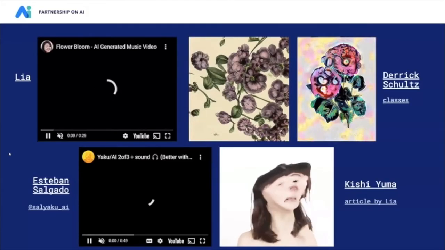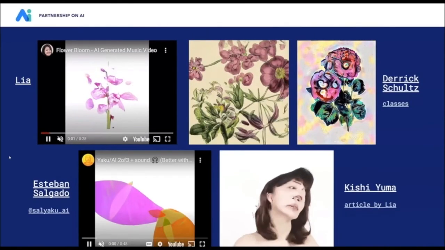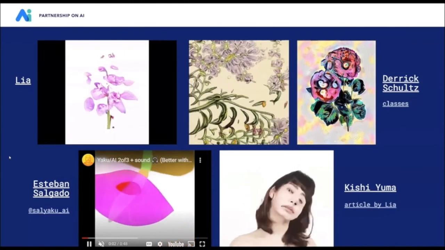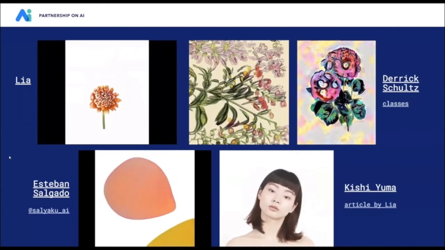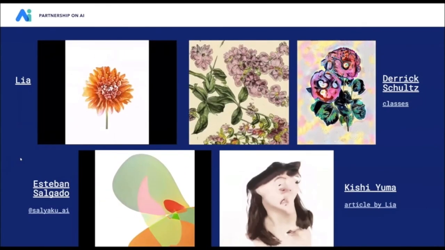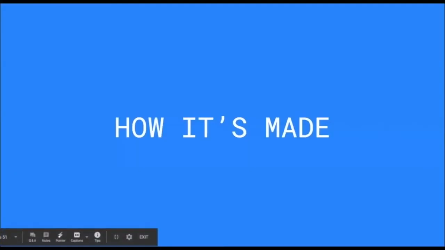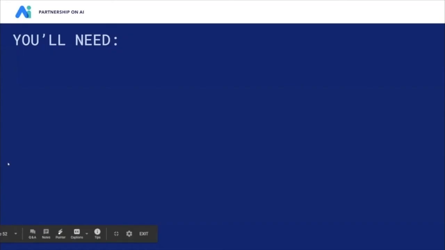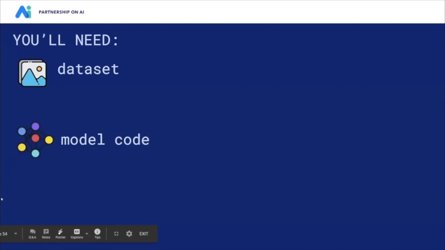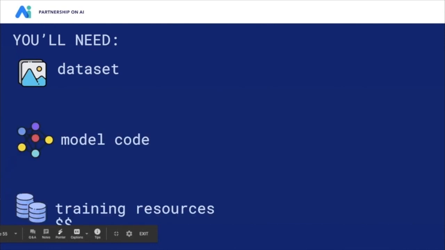Next slide. And here's a brief refresher of all the pieces of AI art we saw earlier today. Next slide. And so how all of those pieces were made, I will describe to you in a little bit. Next slide. Yeah, so you will need a data set, model code, which is the actual GitHub repo you're using,